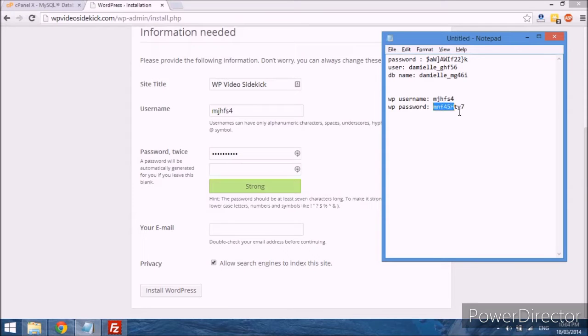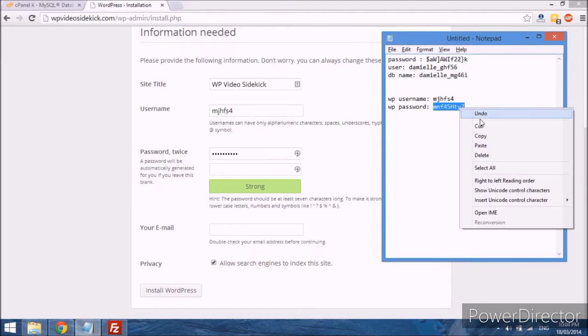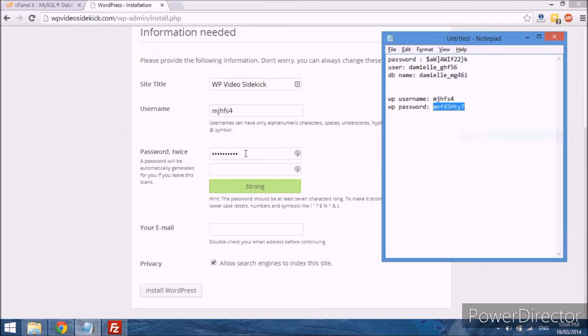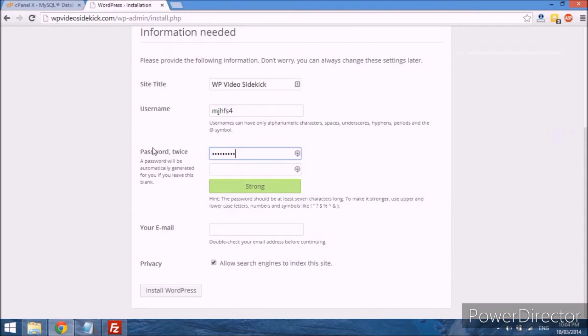I'm just creating a random password because this is just for demonstration. And if we go back here and we just paste it in,